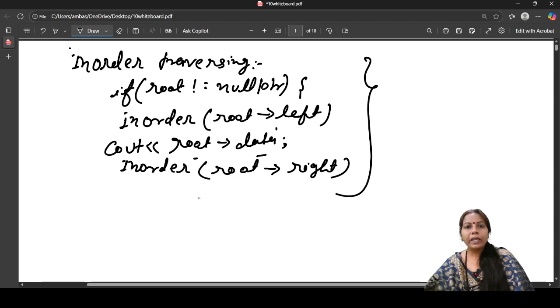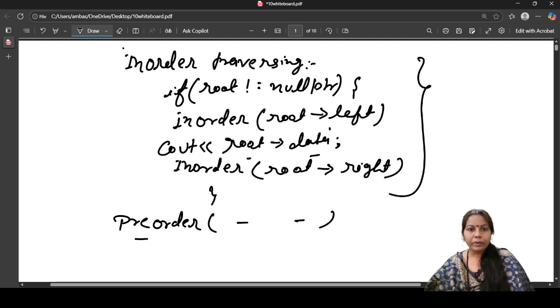Now when I talk about pre-order traversing, here too in this function we must pass parameters according to our requirement. Now we check again.